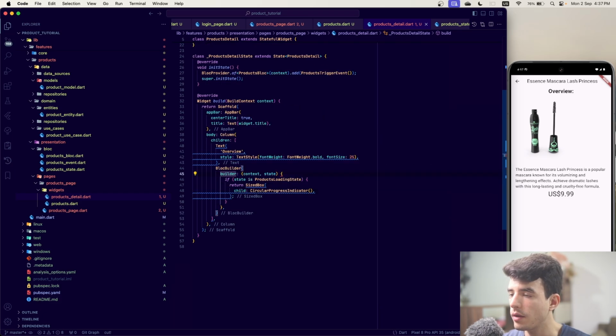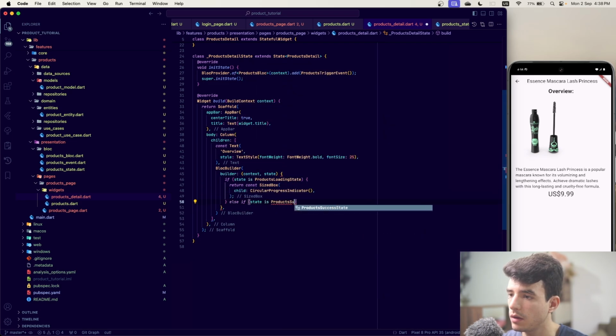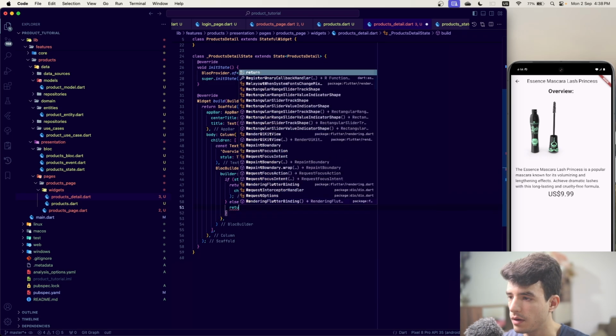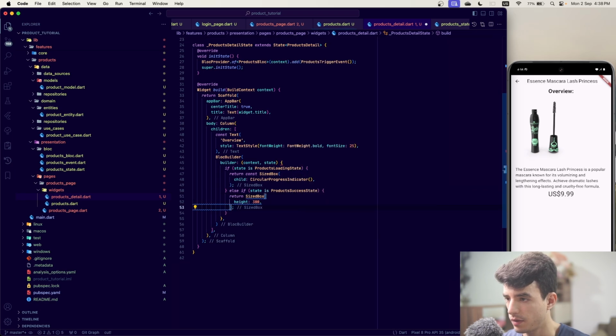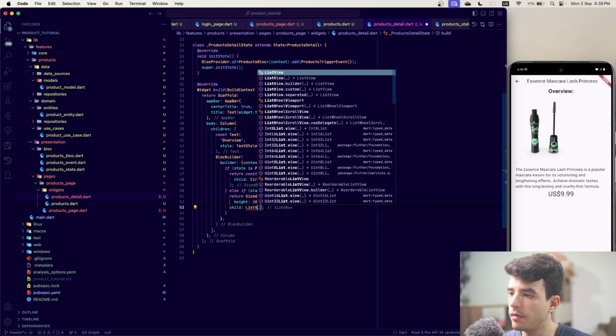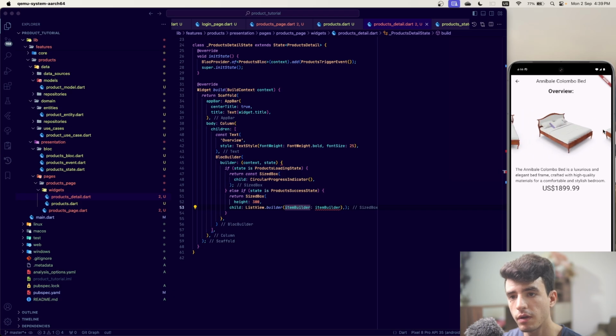Now, there is a more elegant way to do this. You could use something like Skeletonizer that's gonna give like a shimmer effect on top. This is just a generic loading. So if you wanna do it prettier, if you have time, then you can take a look at that. It's a great package, adding const and const again. Else if the state is products success state, then I return a size box inside with a height of 300. It has a child, which is also a list view.builder. The reason I'm using the list view builder here is because I don't know how many images I'm gonna have,